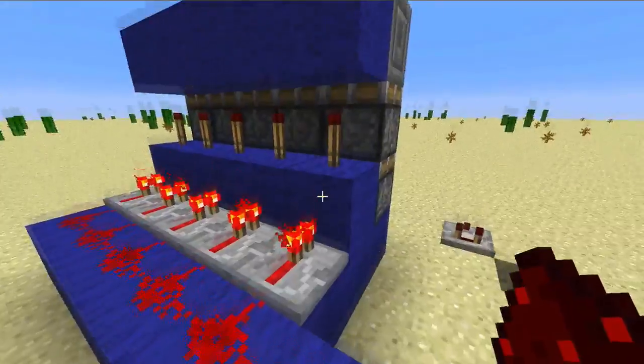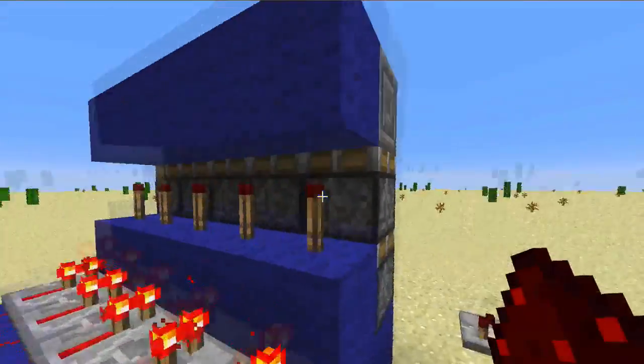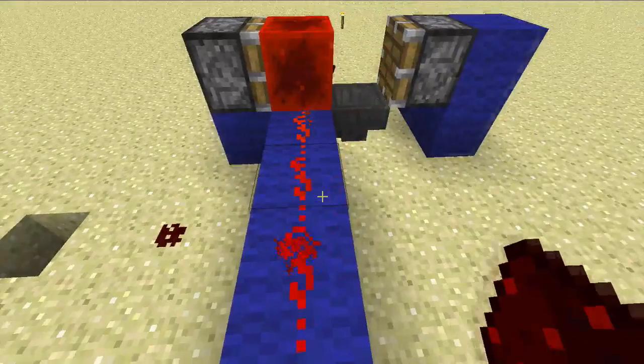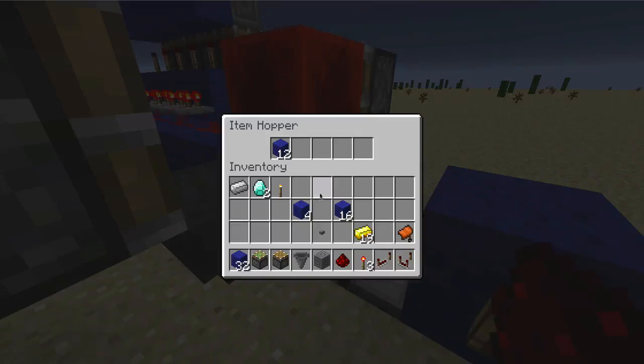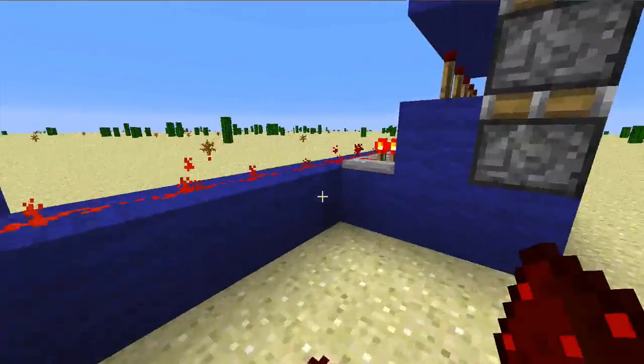And to make what he called a pulse extender, which would delay the lowering of the top piston by a certain amount, whatever amount you would put into the hopper. Let's go around here. He had 12 items, and so I've put 12 items in there. And to do that,